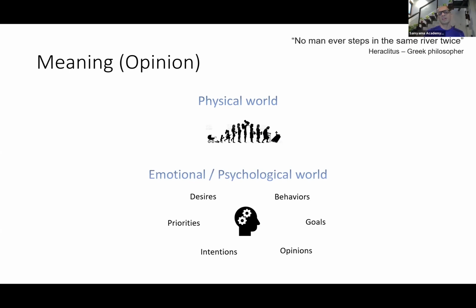You have desires, behaviors. What are you? You are just a product of your desires, your goals, your opinions, intentions, priorities, behaviors, several other things that you have mental constructs about. But even those change. It's very important to understand that your desires also change. I mean, you just go back and look at your life and you say, okay, what did I want when I was 20 years old, or 20 years back, versus 10 years back, versus 5 years back? And what do I want now? You will realize that even those desires are changing,